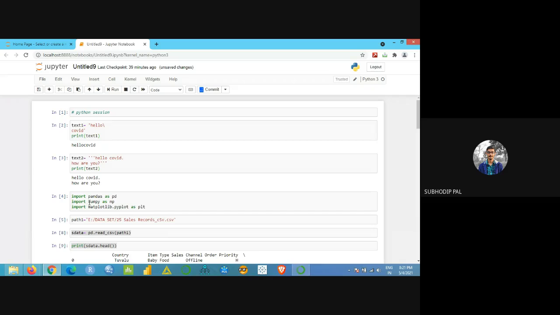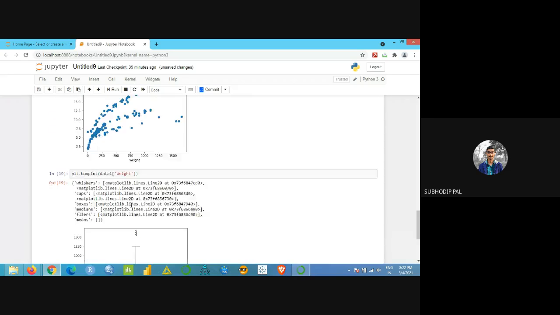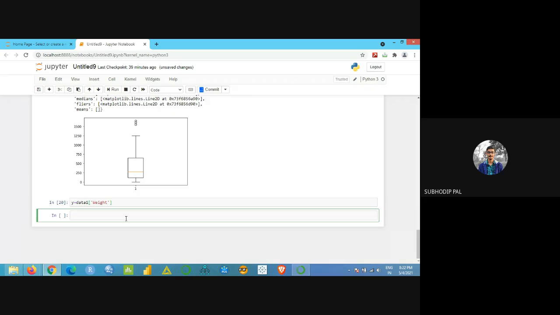For mean and median we'll be using numpy, and for mode we have to import another library called scipy. I have not imported scipy here, so I have to import that library also. So I'll be importing all the libraries which we will be using in future.